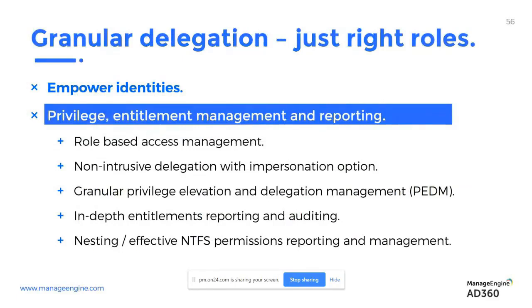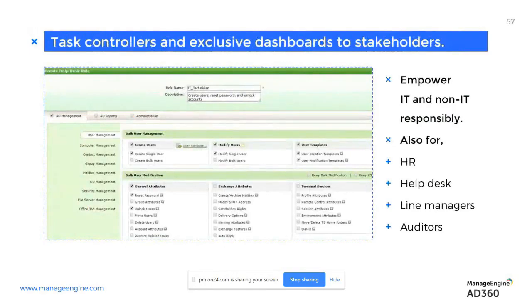There's something else you'll need to understand through your journey of privilege and delegation management, trying to do it granularly. If you were to ever try doing delegation or entitlement management through the stock options, you would have noticed it's not really friendly when it comes to saying these many privileges, these attributes need to be given. At times, you end up giving more than what's required just because of a native limitation. We don't want you to do that. Get granular, get attribute level, give the stakeholders only what they truly require.